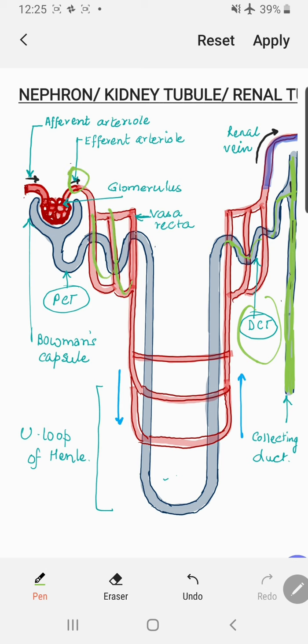You must be seeing since so many red structures are also there. I have not discussed anything about that as yet. So understand now. Let me clear this. We only spoke about that within this Bowman's capsule, afferent arteriole brings the blood in and efferent arteriole takes the blood out, right? And this is a tuft of capillaries that you call glomerulus. Children, this particular area is very, very important, because this is the area which performs ultrafiltration.